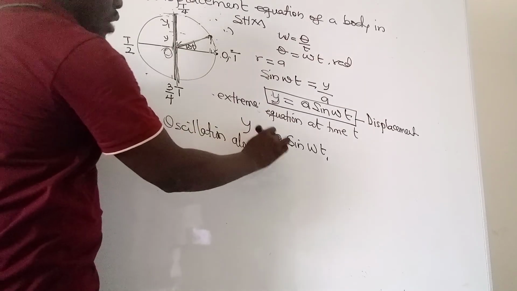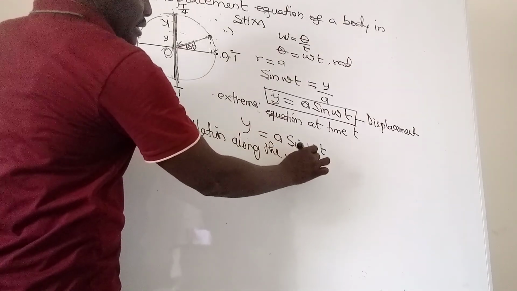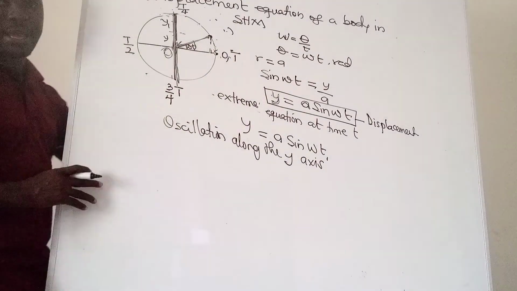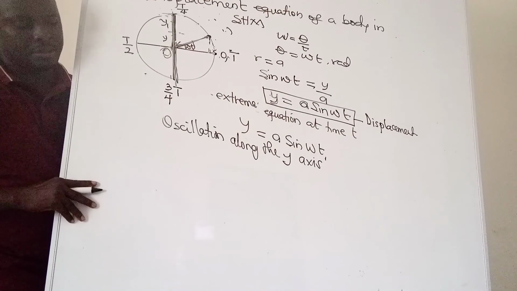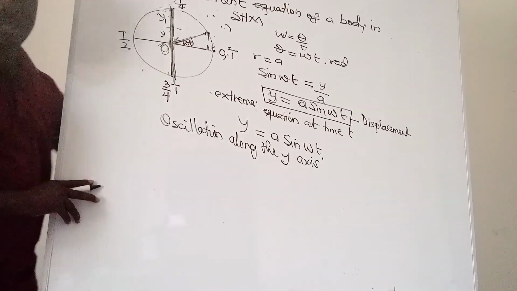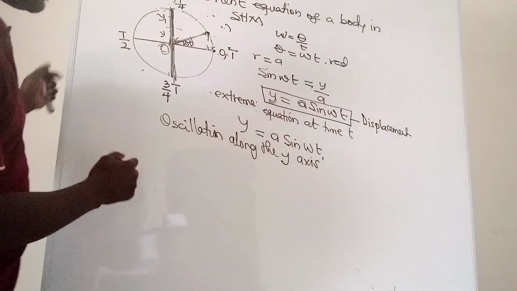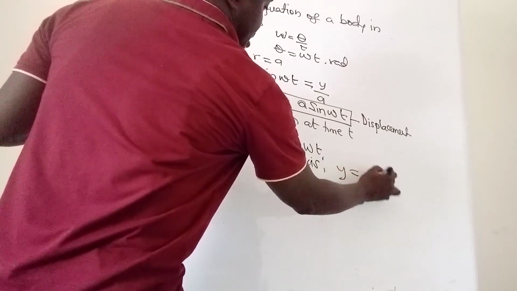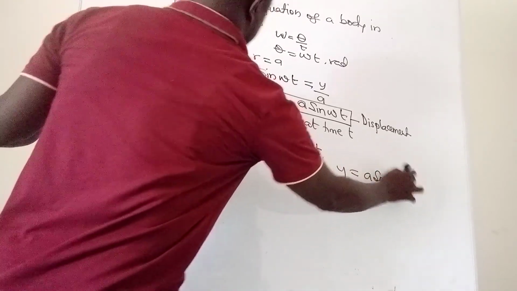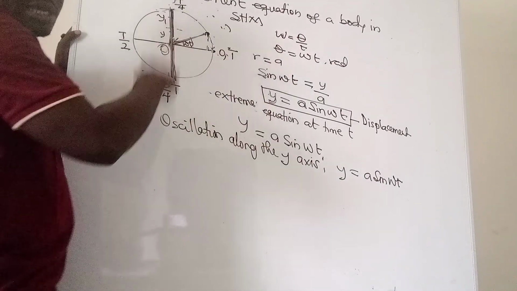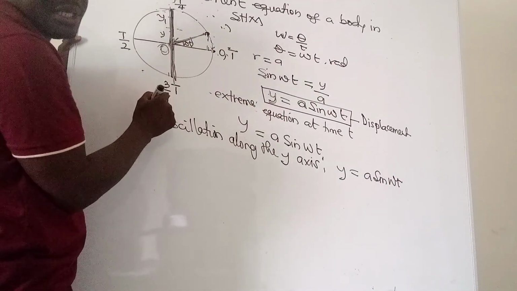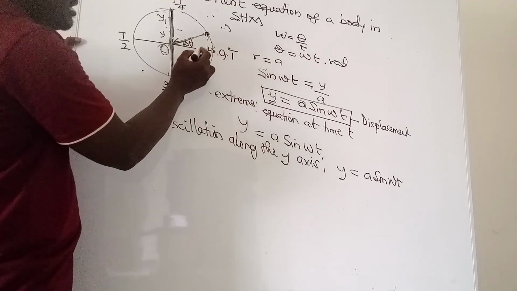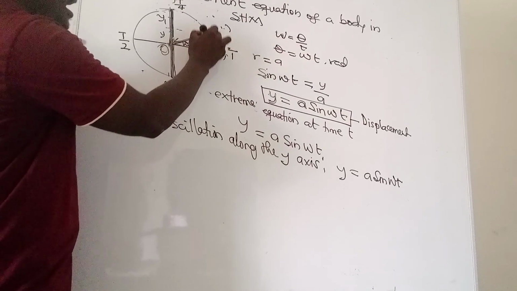along the y axis. We are considering oscillation of the body along the y axis. If we are looking at oscillation along the x axis, that is, we are looking at the displacement equation of the body along the x at any time t, then we have to find this component